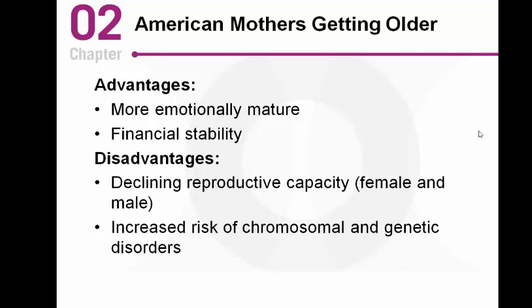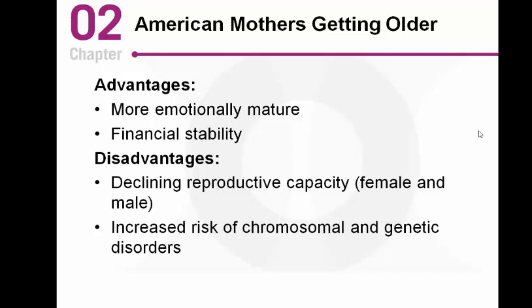But advantages here, when you're older, you might be more emotionally mature, so the frontal lobe of your brain does not fully develop until around age 25, so certainly there's a lot of maturity that happens around that time period. And then life experiences might help a woman be more prepared perhaps, but then it also talks about financial stability, so a woman that's older might have more of an established career, have more money in savings, that kind of thing. But one thing you will see is that it is harder to conceive as you get older,